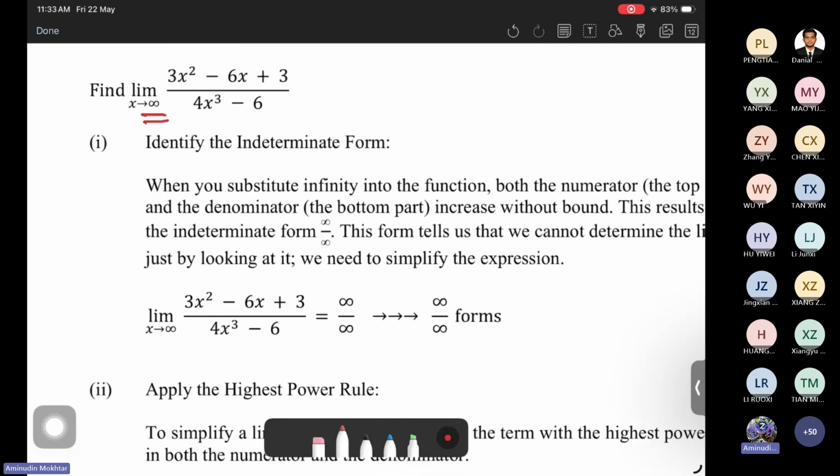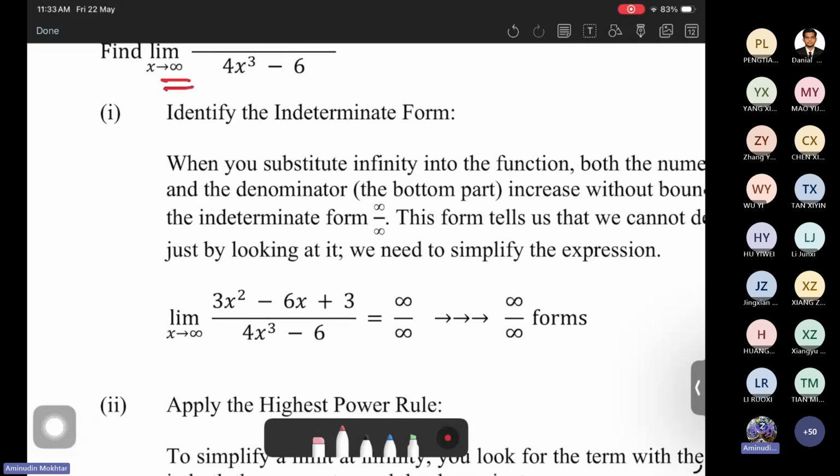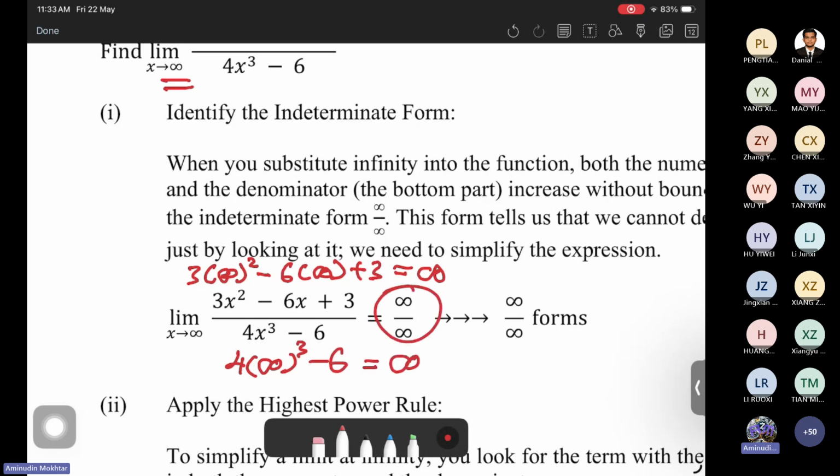When we substitute infinity in this function, we get 3 times infinity squared minus 6 times infinity plus 3. The answer is infinity. 4 times infinity to the power of 3 minus 6. The answer is also infinity. That's why we have the infinity divided by infinity form. So for this situation,